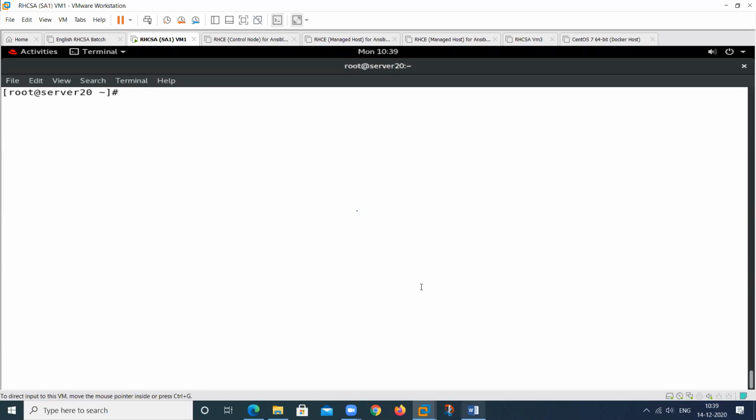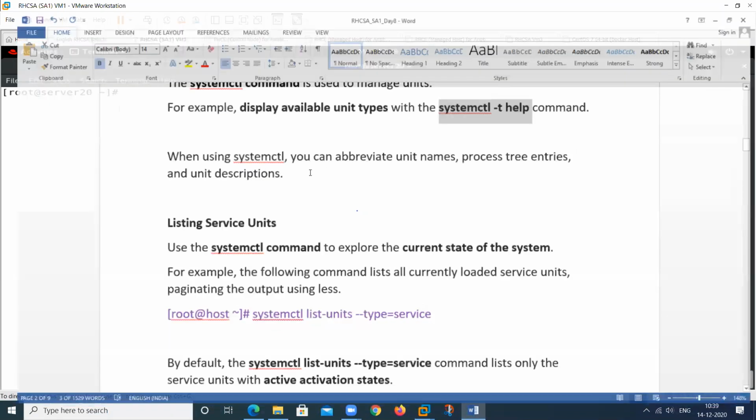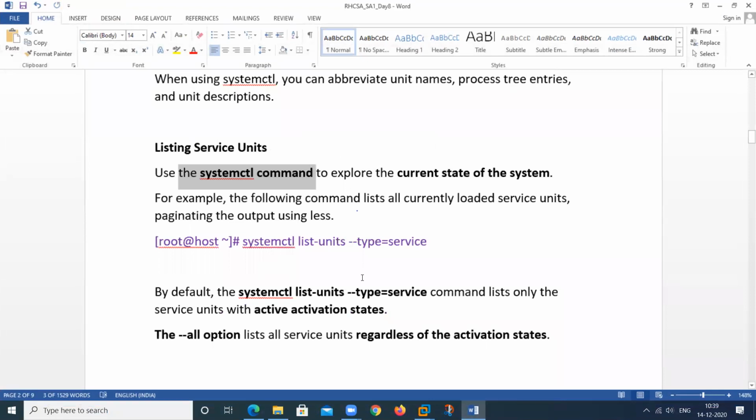So how to list service units? By using this particular command, we can list the units of the system. This is the command. Also, we can use it for only the service units. If we want to check how many service units are available in my machine, then we can use this particular command.